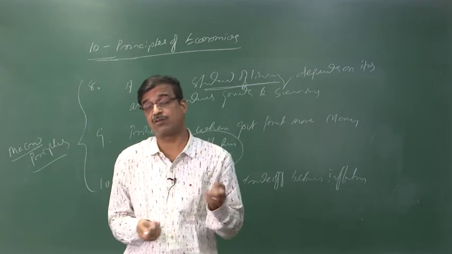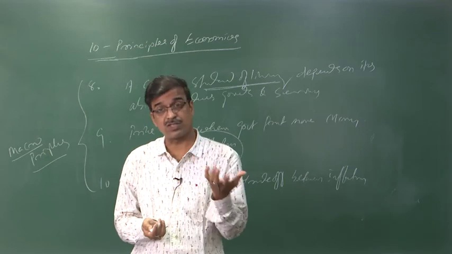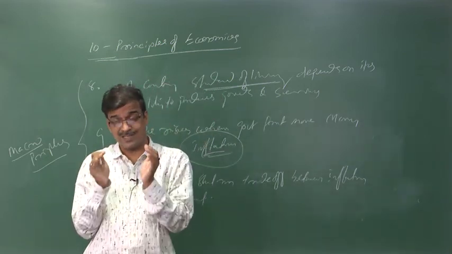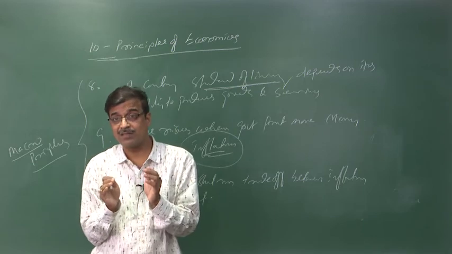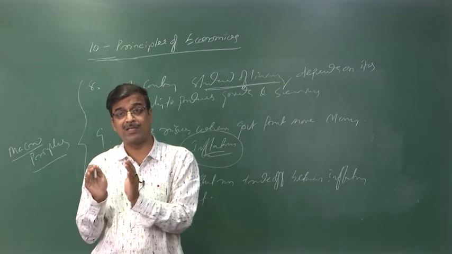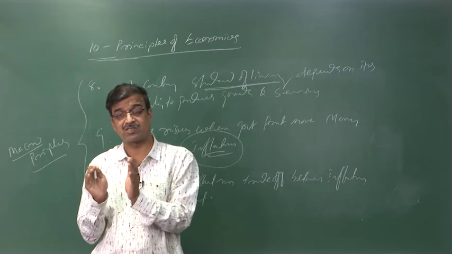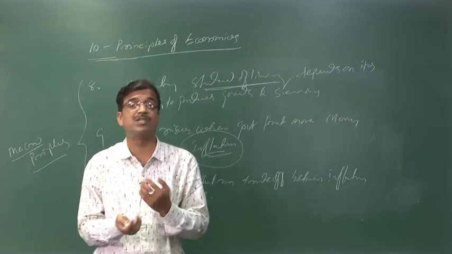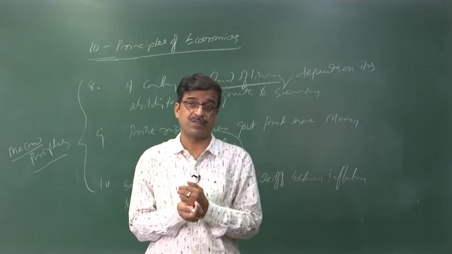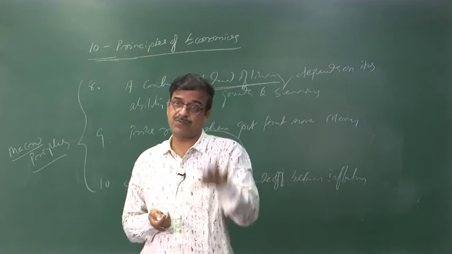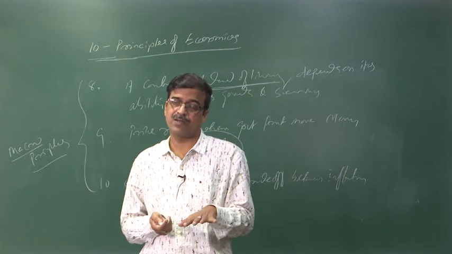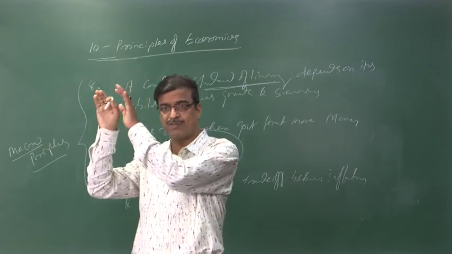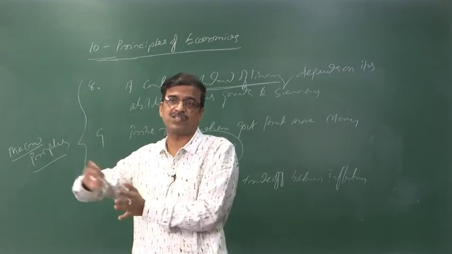So what will happen in the economy? Because it is short run, it is not a long-run phenomenon, it is purely a short-run phenomenon. Inside the short run, it depends on which steps the government takes, whether it is interested in minimizing unemployment or minimizing the rise in the price level. If you try to minimize the rise in the price level, then what happens? Unemployment is generated. If your target is to reduce unemployment, I mean employment generation to take place,